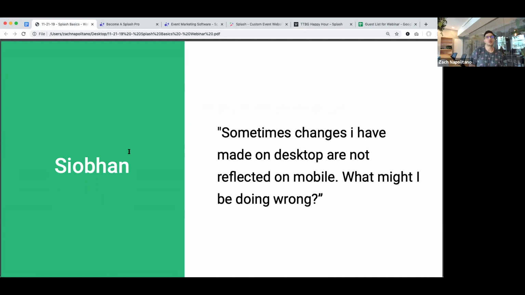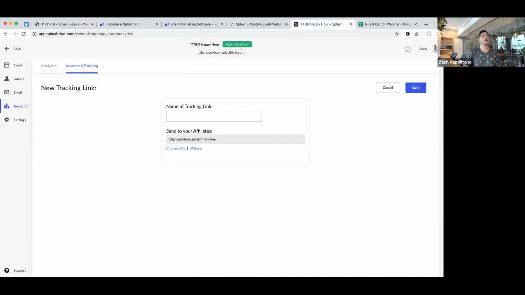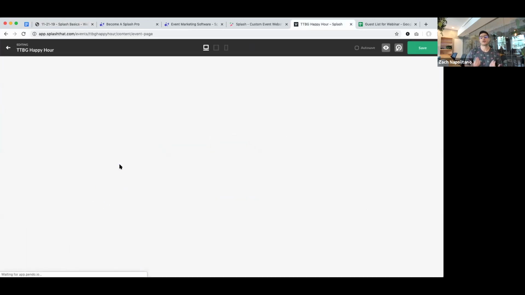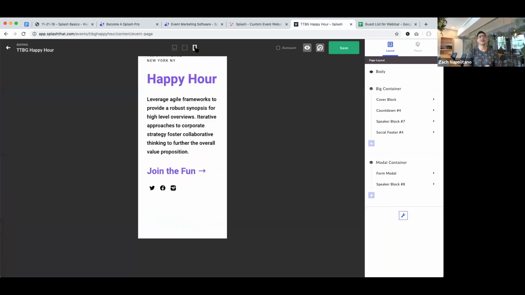So the way this works is that your pages are built, your templates are built to be mobile responsive. In other words, what you're doing on desktop should translate well to mobile in terms of size, different sizes of text and images scaling. Having said that, sometimes you make a change and you might take a look at our mobile editor here and say, you know what, Zach, I want the headline on mobile to be a little bit smaller, or this description text, I could use that a little bit smaller on mobile too.